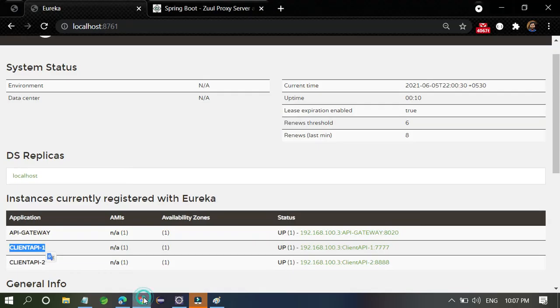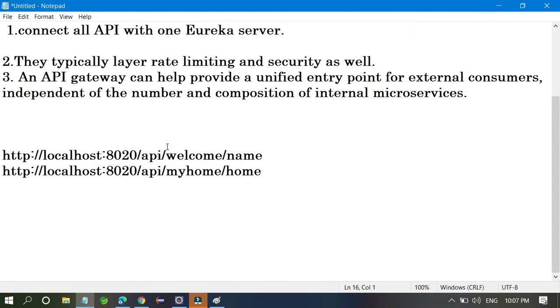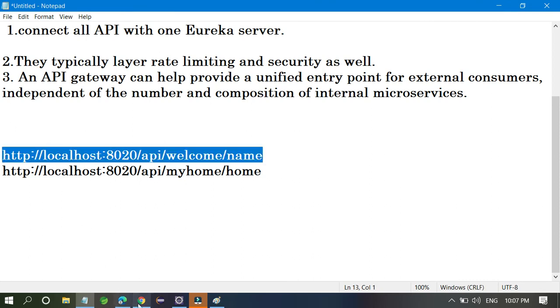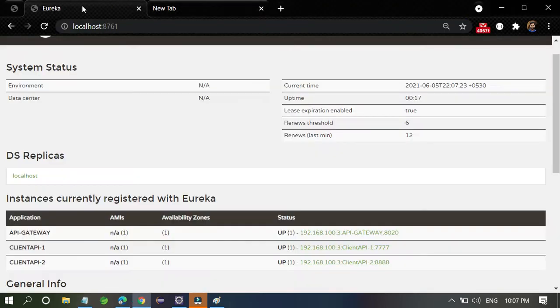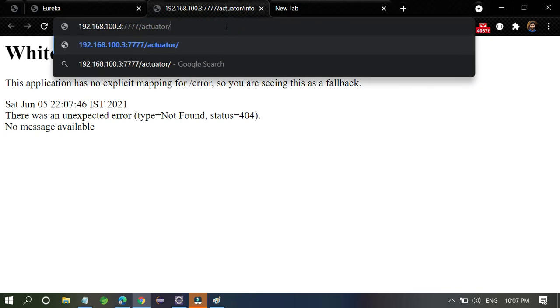So go to this place and just see that our API gateway is running. If it is running, okay, whatever you prepared. Earlier you accessed client 1 or client 2 individually, like this one. You have to enter the port numbers, these ones, and access like that.